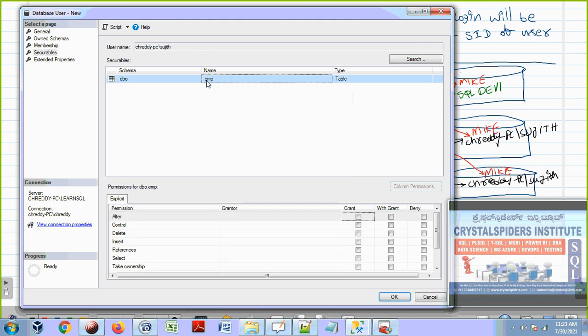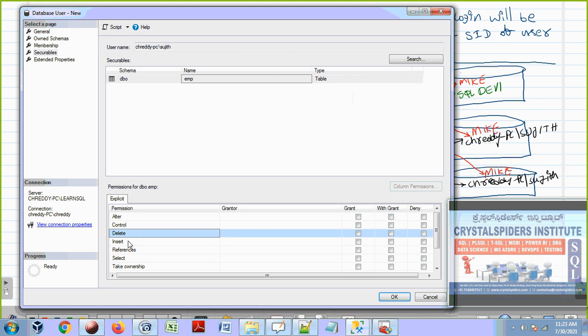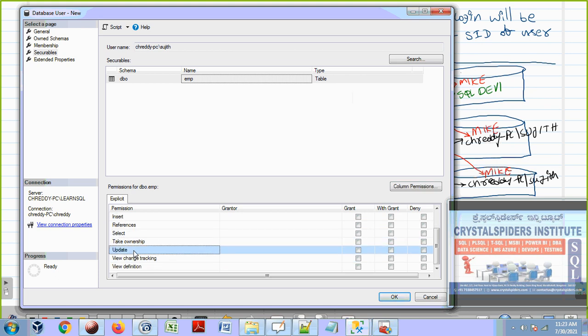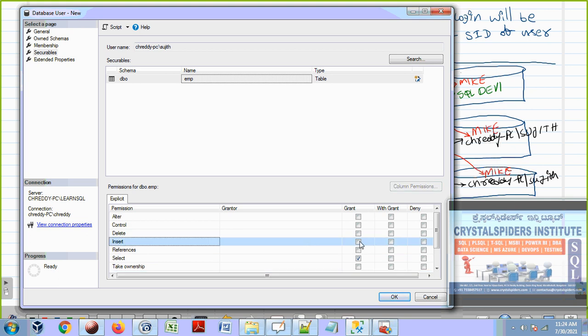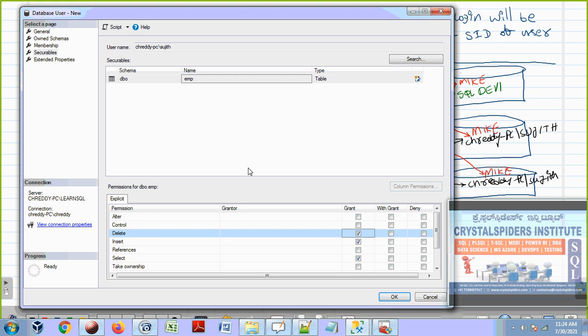So now we have selected the employee table here finally. And on this employee table, what access do we want to grant? See here it is alter, control, delete, insert, select, update. Which one? Now I will select our actual operations. Select, that means I am going to grant select operations. That means he can read the data from the employee table only. And update, he can do updates inside this table only. And insert, he can insert records only in that table. Delete, he can delete records only in this table. And say OK.